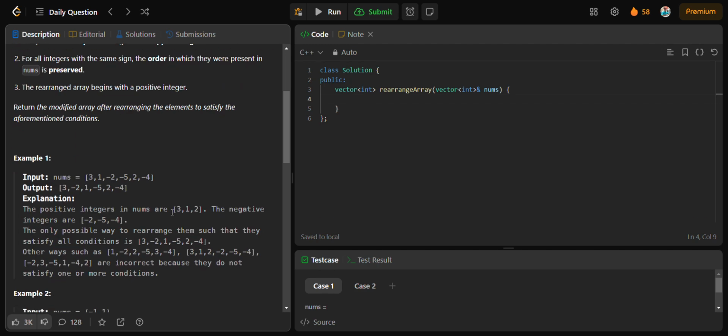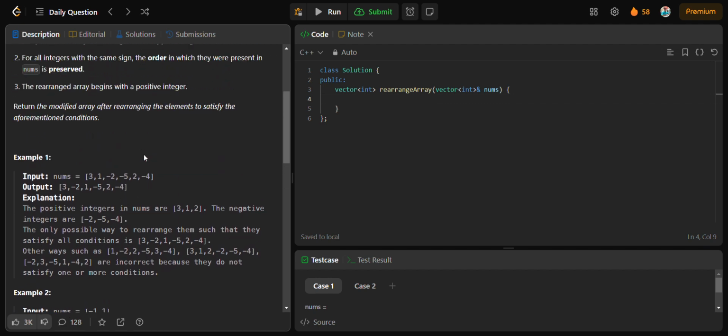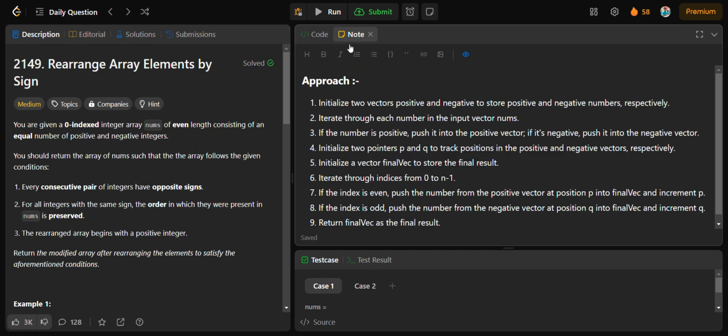How to approach this type of problem? We can do that by using two vectors. We can simply create one vector for positive nums and a second vector for negative nums, and we will consecutively add elements from positive and negative to the final vector. So the approach is, we will initialize two vectors, positive and negative, to store positive and negative nums, then iterate